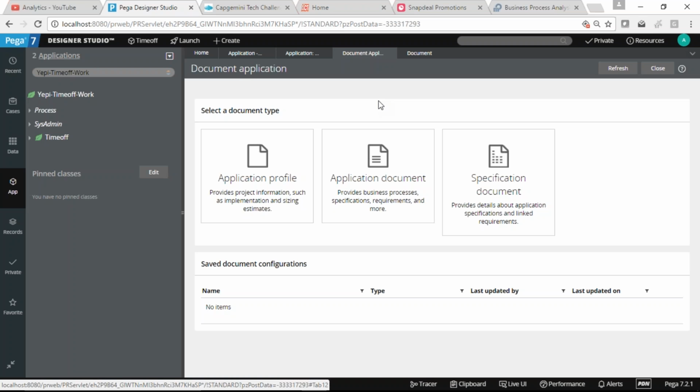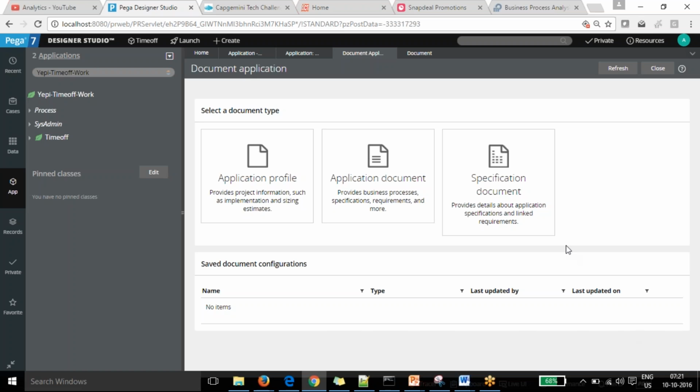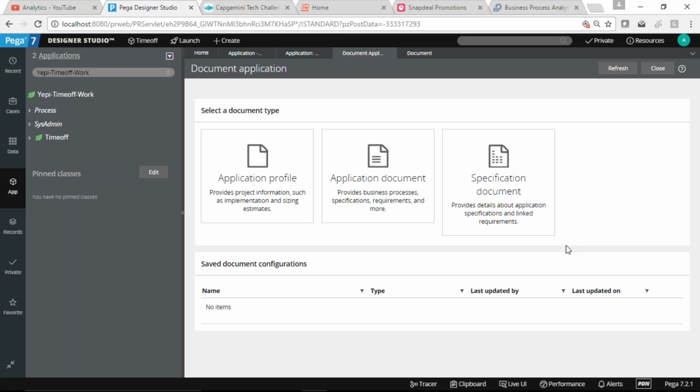Okay, is there anything like automation here between the business analyst and the developers? Is there anything automated by using this application, like if a developer has done something, it is automatically updated for the analyst? Or do they have to manually enter it in some other software? Is there any link between these two, analyst and developer?